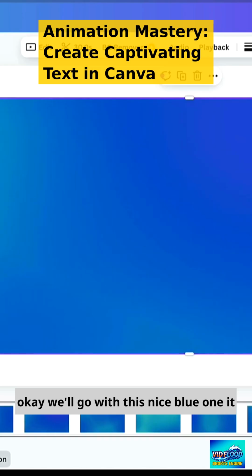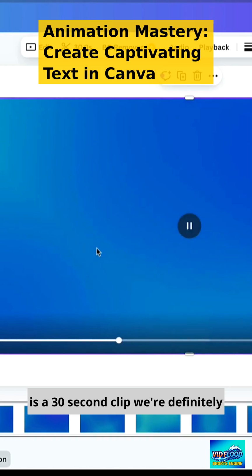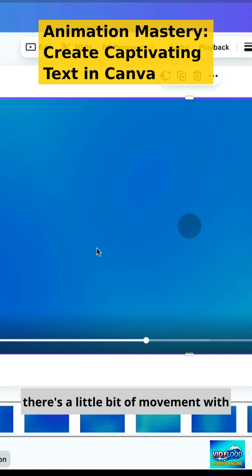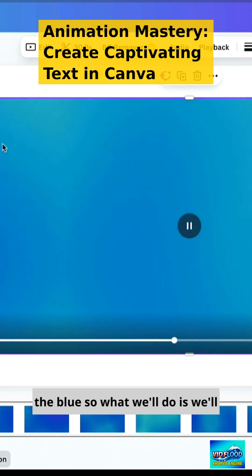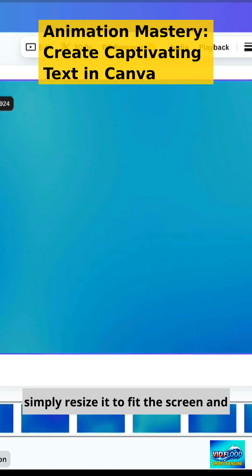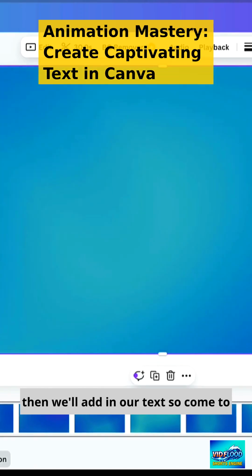Okay, we'll go with this nice blue one. It is a 30-second clip. We're definitely going to shorten that, but you'll notice there's a little bit of movement with the blue. So what we'll do is we'll simply resize it to fit the full screen, and then we'll add in our